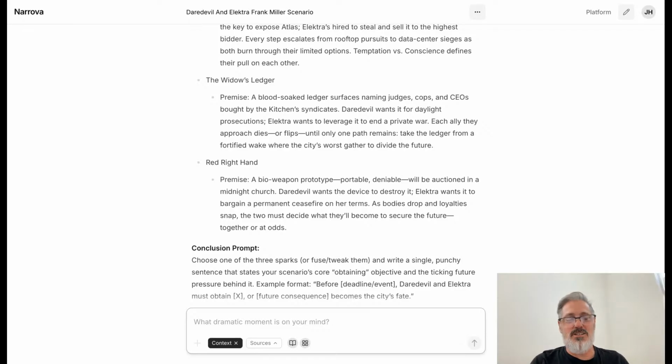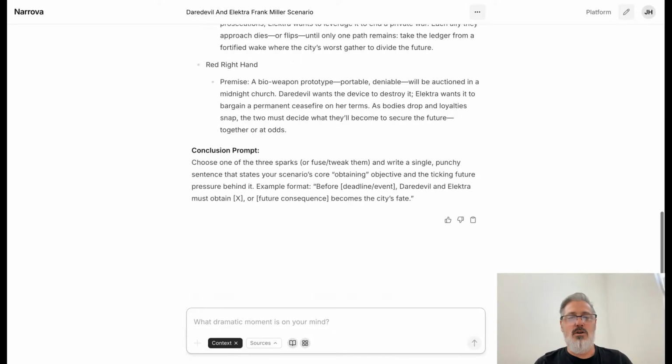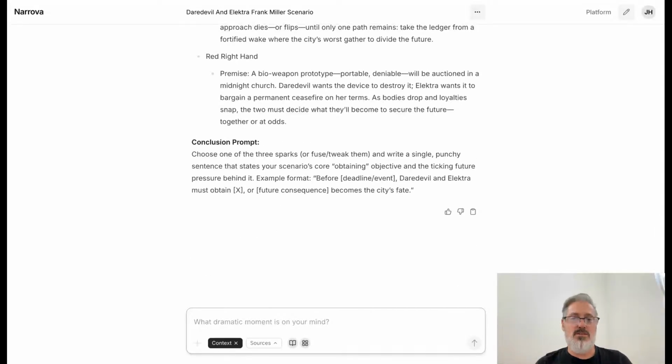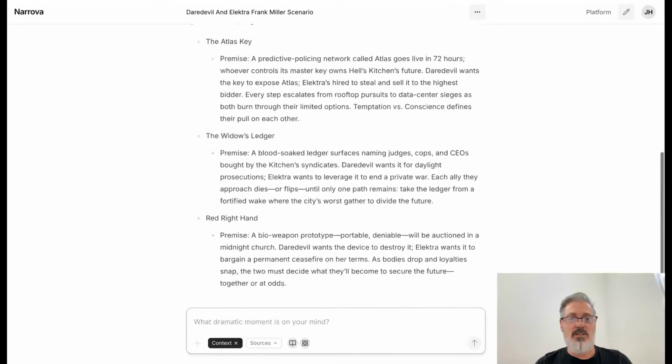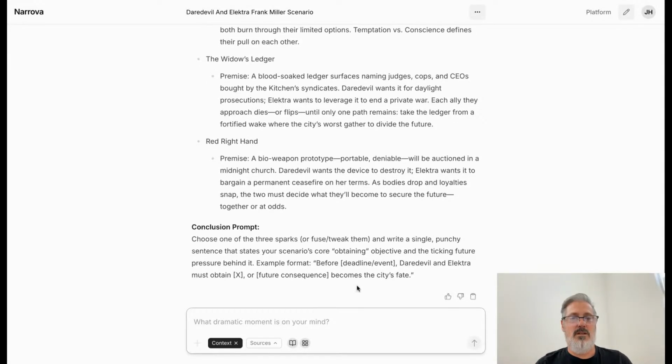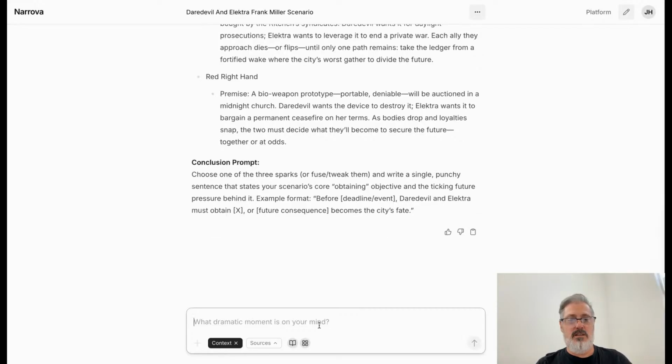Portable denial will be auctioned in a midnight church. Daredevil wants the device to destroy it. Elektra wants it for a permanent ceasefire on her terms. As bodies drop and loyalties snap, the two must decide what they'll become to secure the future together at odds. So this one just fell right into the story guide. I actually really love it. Let's see if it'll do this. Widow's Ledger. Okay, I absolutely